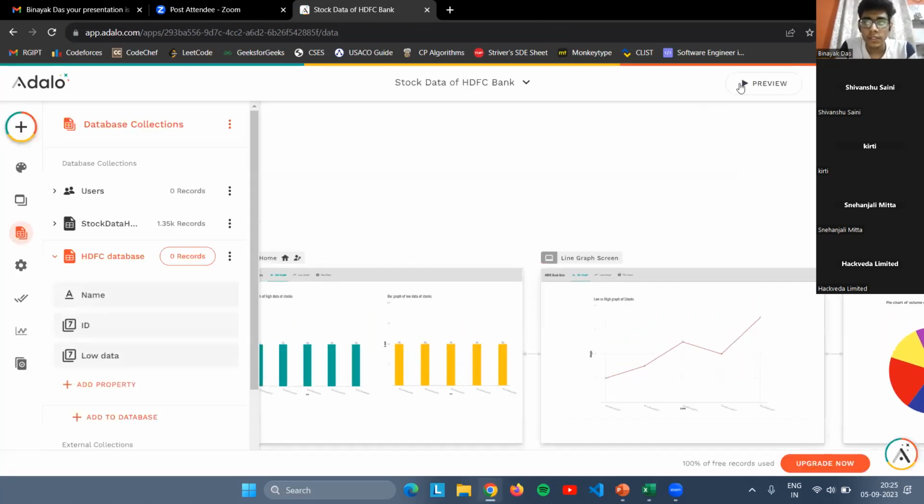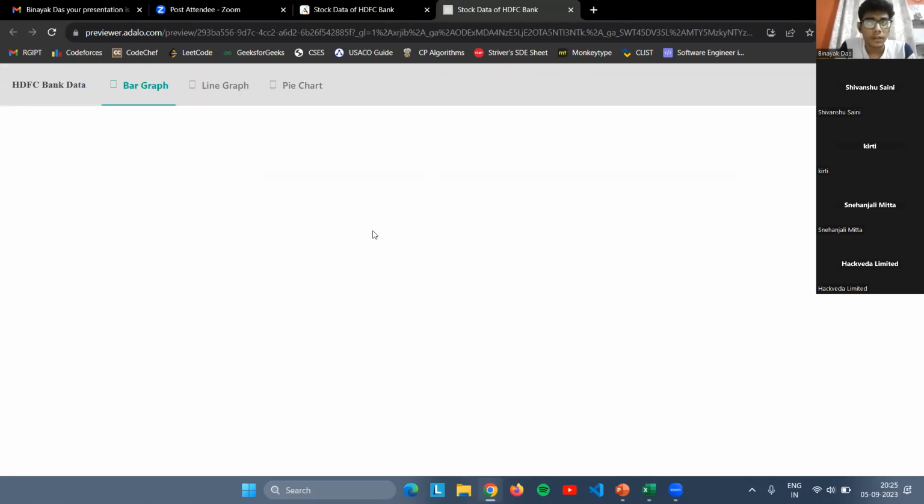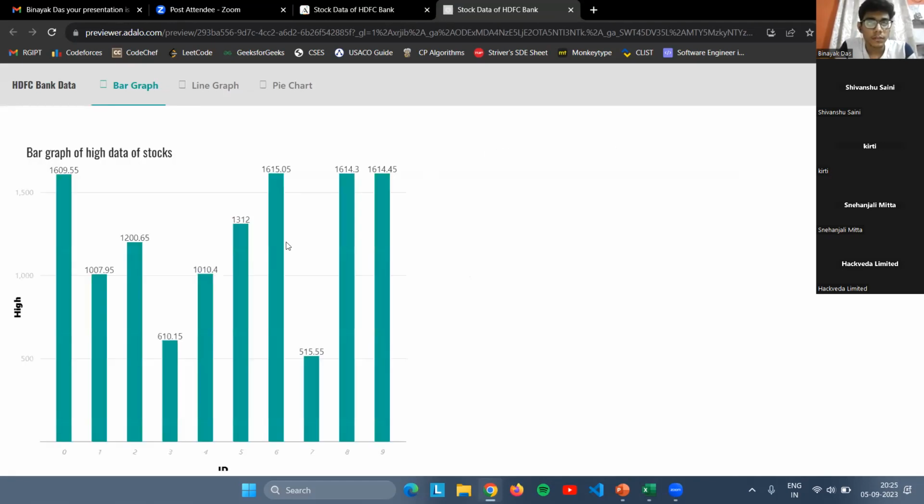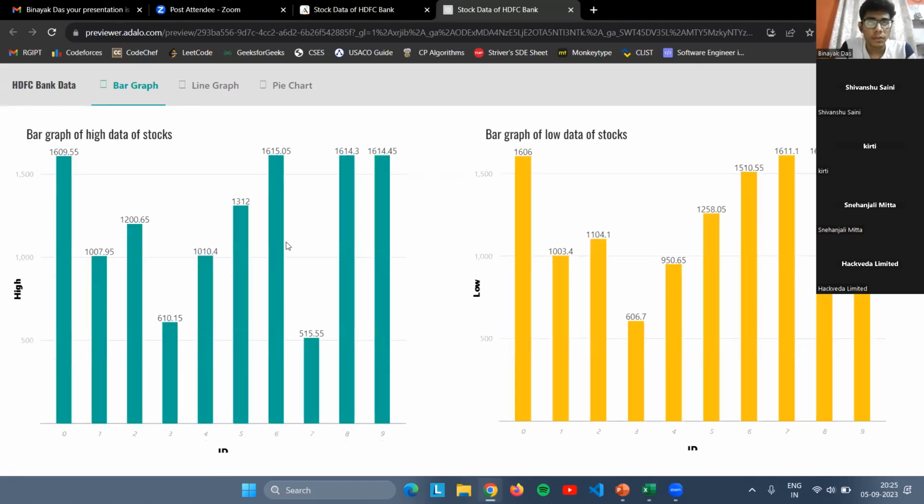So let us see the preview of the web page. So basically, these are the two types of bar graph to implement the high data of stocks and the low data of stocks. On the left hand side, we have high data with respect to their IDs. For the ID 0, we have 1609.55 data, and for 1 we have 1000.95 data, and so on till 9. I have only used 10 records,